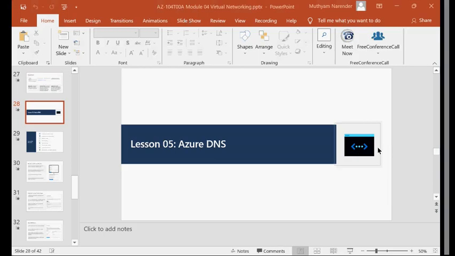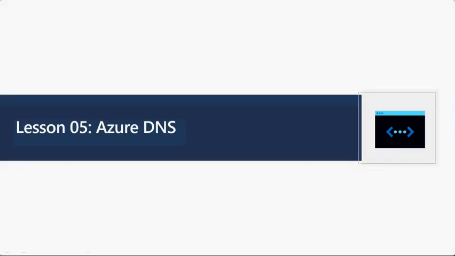We are learning Azure Virtual Networks, and last session we learned how to implement a virtual network, how to implement subnets, and how to take control of the subnets using NSGs, network security groups, how to control inbound traffic and how to control outbound traffic. And today we'll move ahead with DNS.